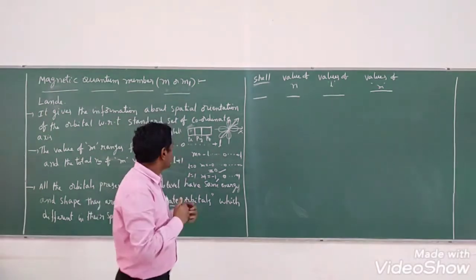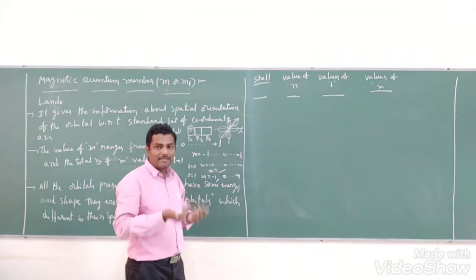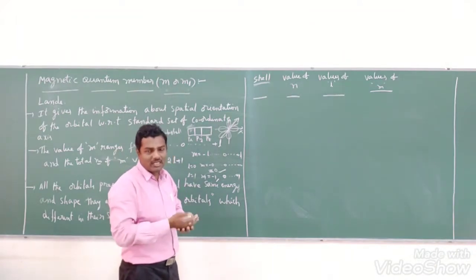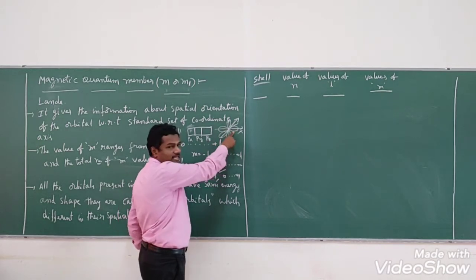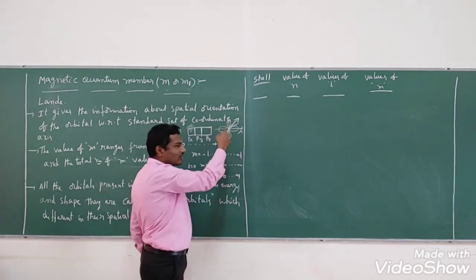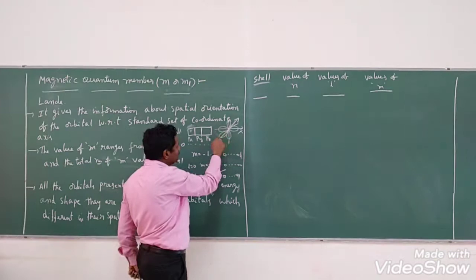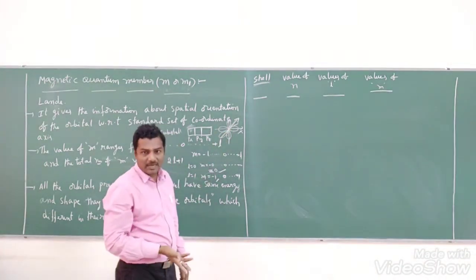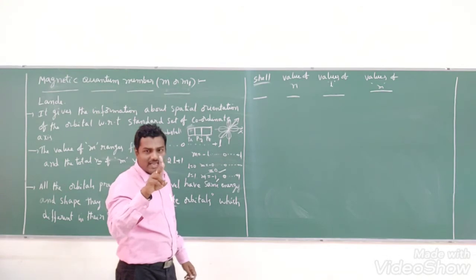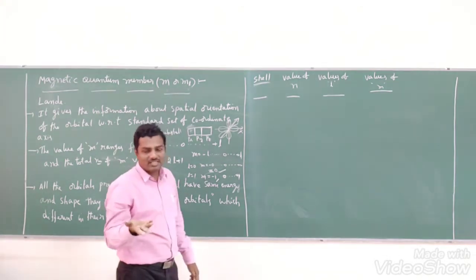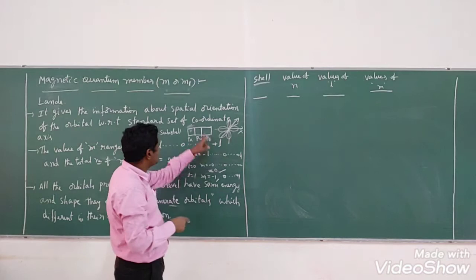How is it the same shape? The p subshell, the p orbital shape, is what? Dumbbell only. Dumbbell means two lobes. If the two lobes lie along the x-axis, it is the px orbital; if two lobes lie along the y-axis, py orbital; if two lobes lie along the z-axis, pz orbital. But whatever it may be, how many lobes lie along the axis? Two lobes. The shape is the same for all three orbitals.